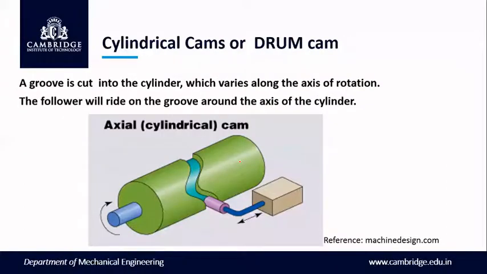This is one more diagram for a cylinder cam. We can see the green part is called a cylinder cam or a drum cam, and the slot we can see at this junction, a groove, is cut on the circumference of the cylinder, and we have a follower here, which has a reciprocating motion. So the rotary motion of the cam is converted into reciprocating motion using this type of element, and we can see the motion of the follower is parallel to the axis of the cam. So this is the axis of the cam, which is parallel to the motion of the follower.